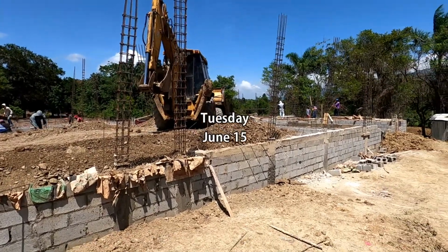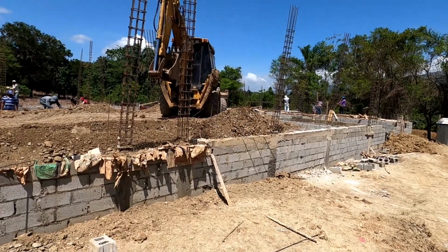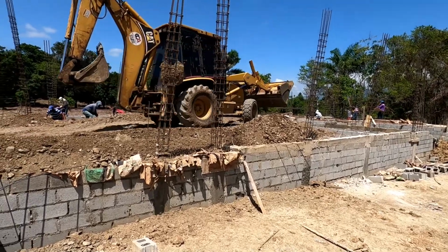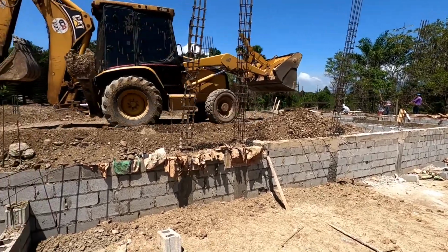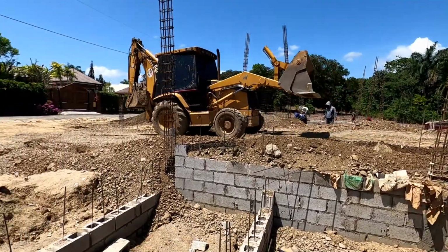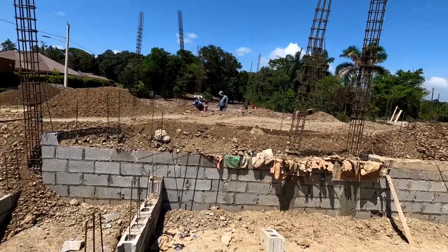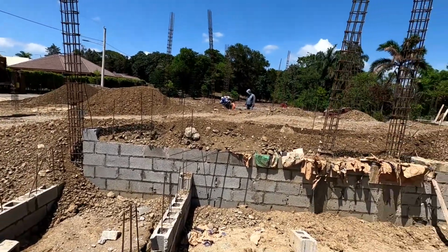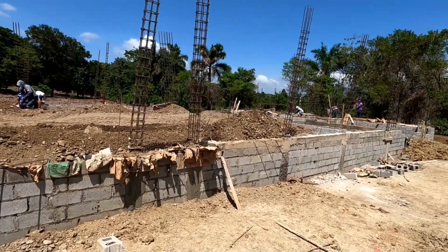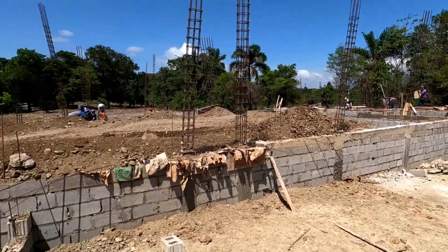Tuesday afternoon, and before we got out here, Ollie and me, we had some work to do at home. There was one load of the fill earth that was brought, and while we were here, before I got the camera out, 4 more came. So now the machine is moving all the fill dirt into the foundation, actually running it right through where the garage is going to be and where the bedroom and everything else is, to fill up the rest of the house. So it's moving along